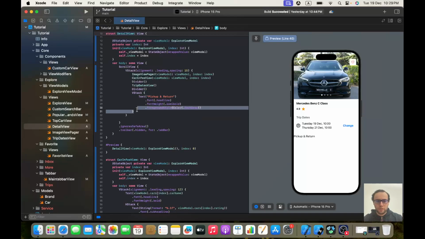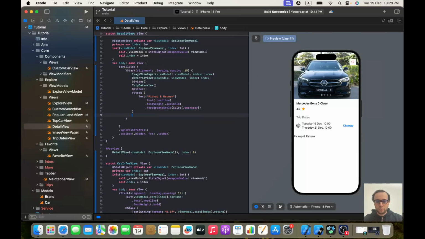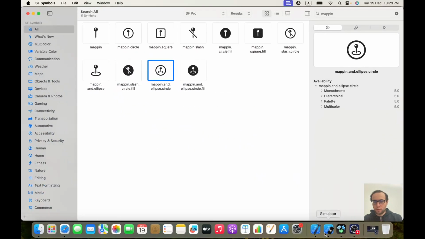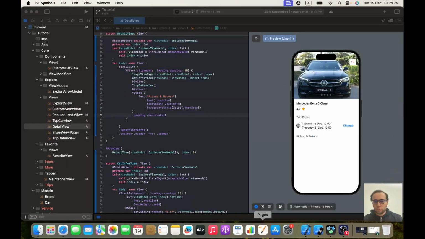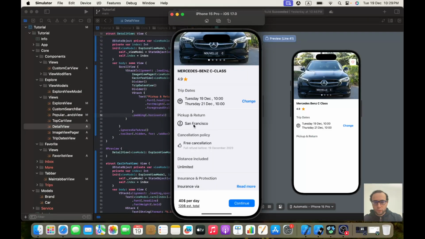Okay, let's give it a padding that is horizontal. Okay, I think it's nice. No, not this symbol, I'm sorry. Okay,